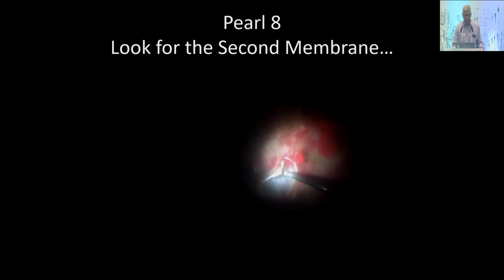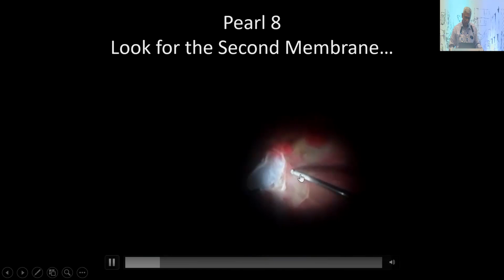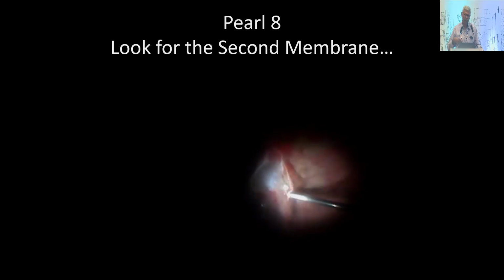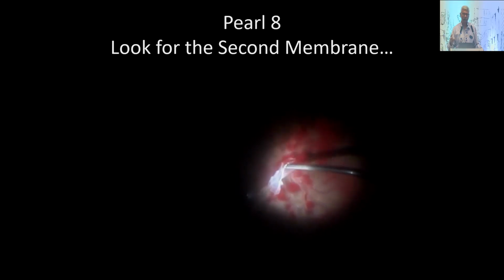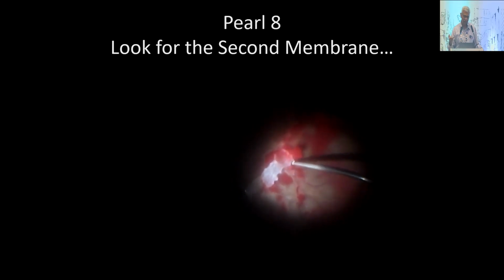And pearl number 7, always look for a second membrane. So this is not the end of the proliferation, this is the end of the proliferation. So look for a second membrane and dissect underneath that. You can see how it peels off. The second membrane, in a circumferential manner, if you peel it towards the fibrous tissue, all the vascular nails are exposed beautifully, so we are able to cut very easily, and the risk of an iatrogenic break as well as bleeding is much lesser if we operate under the second membrane.